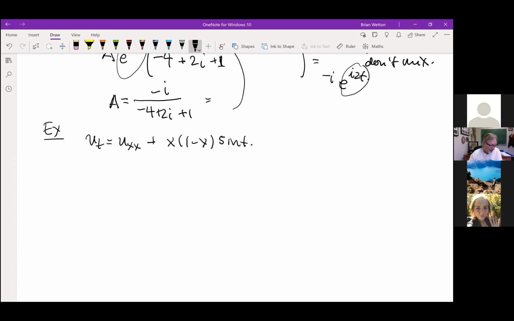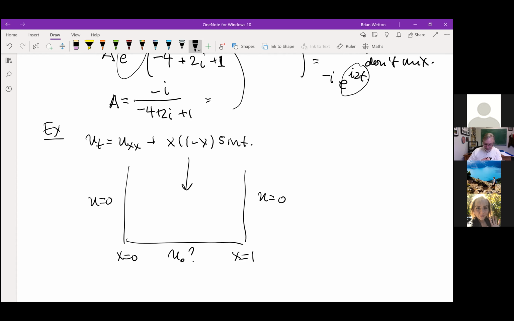Okay, so here, right, I'm going to have my usual Dirichlet conditions. And I've got my PDE in here, and I'm going to have some initial conditions here, which I talk about in the notes